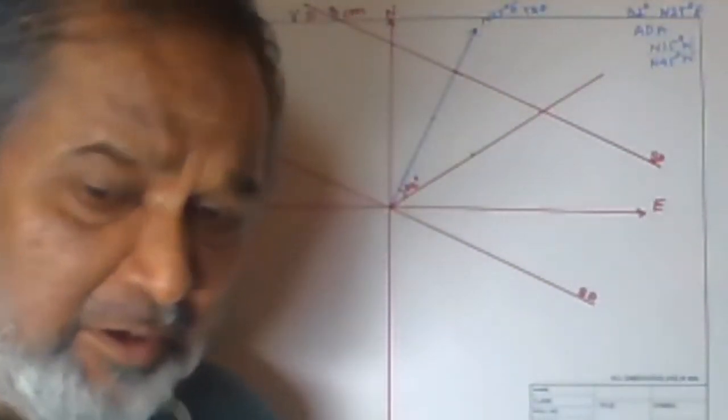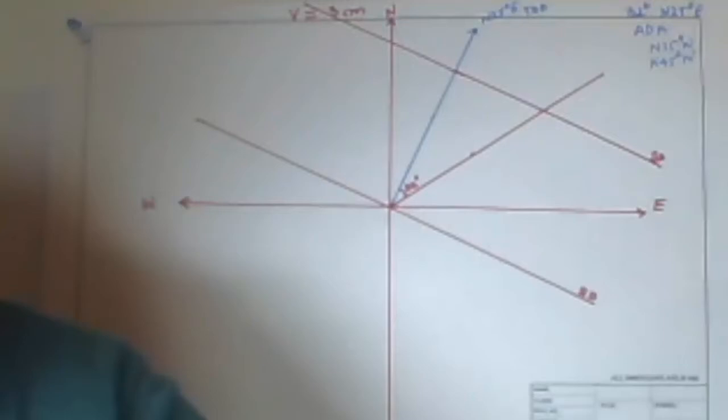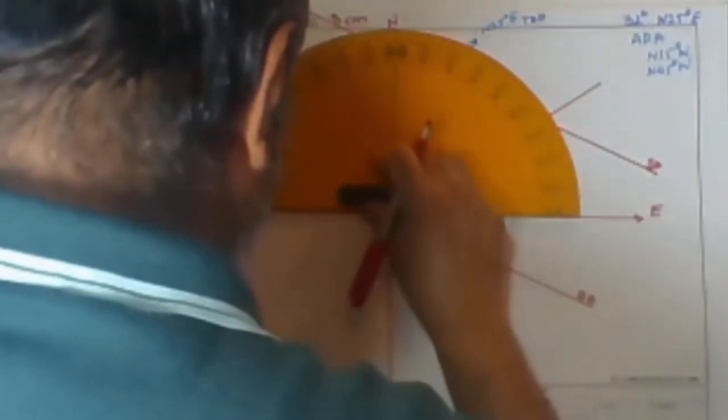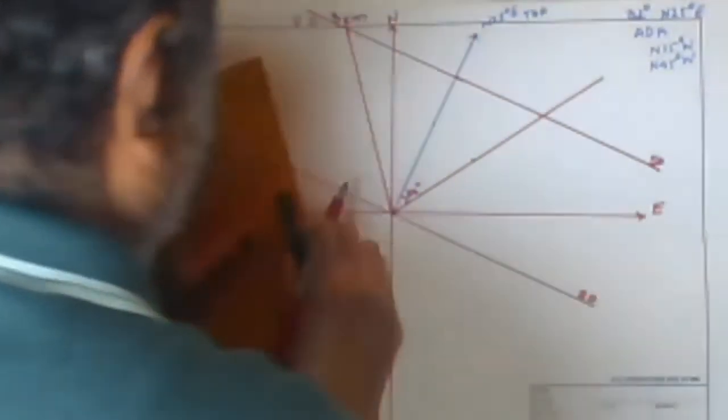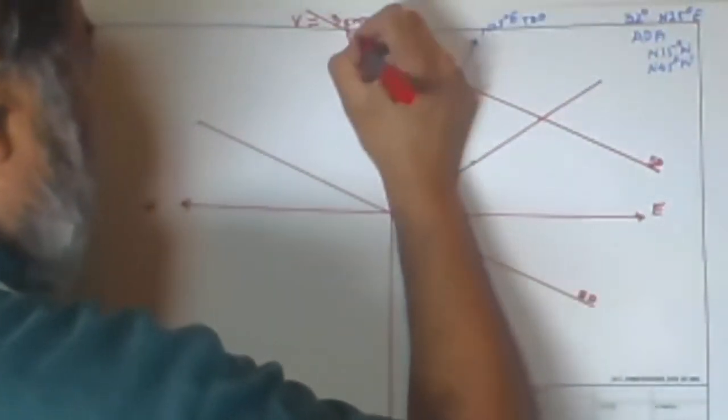And now what we have to do now? North 15 degree west. We have to take the angle north 15 degree west. Here is the protractor. Take this one parallel. Then this is the 50. Now join the center, this point. We hold on north 15 degree west. So you have to write over here.